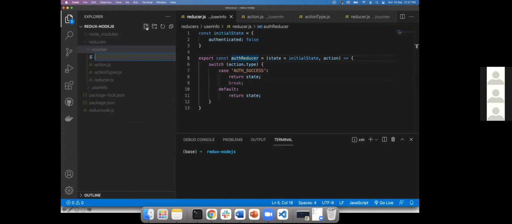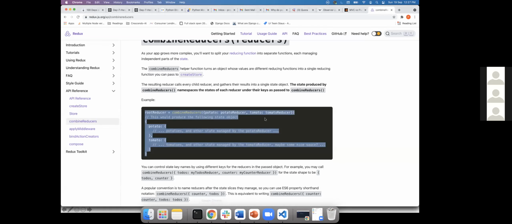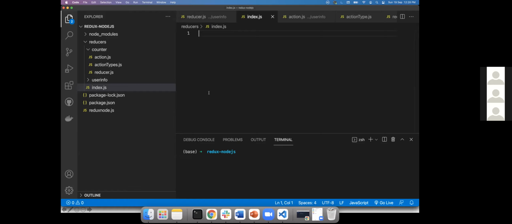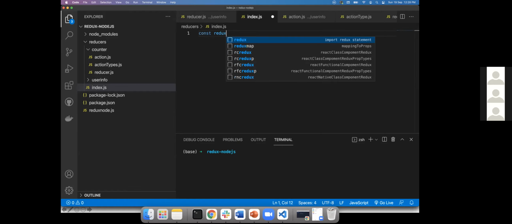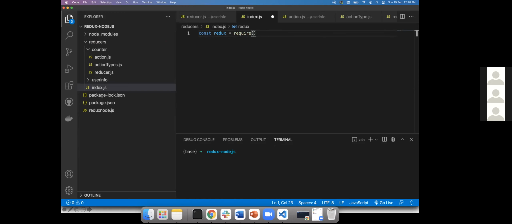Now we'll create one file called index.js. We copied some code from the browser, right? So what do you call it, const redux. We have to import redux, so we use require redux.